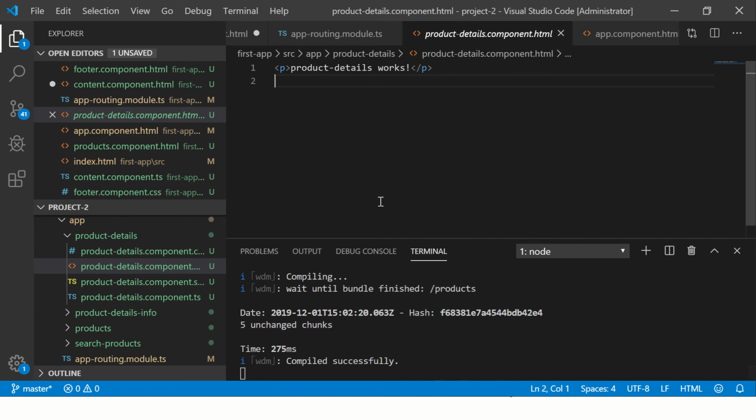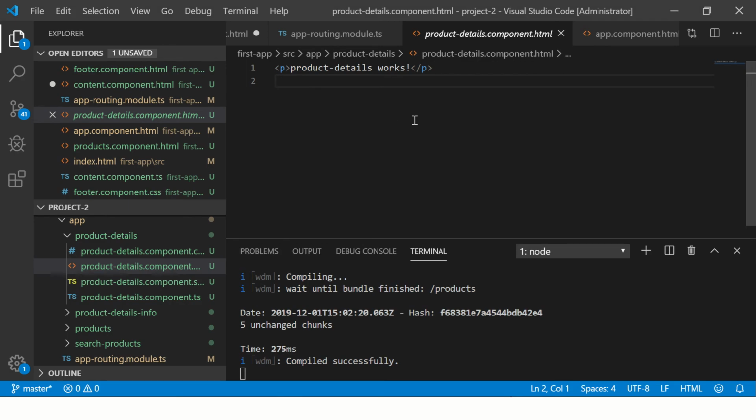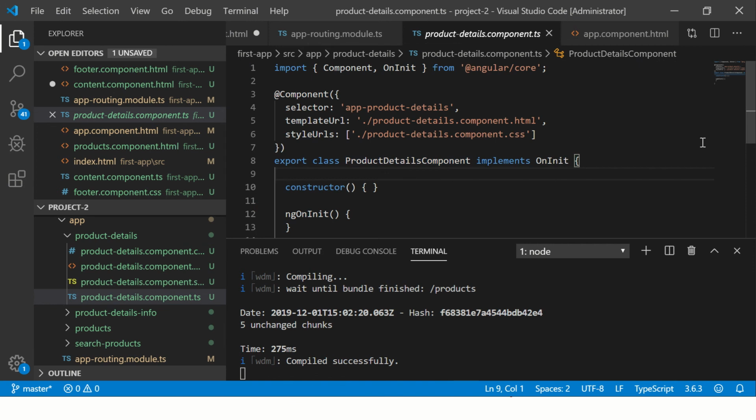Now this route can be anything that we want. So let's say I want to pass 100. That is still fine. It will come to our product details works page, which means it's now pointing a parameterized route to our product details page. We will learn to capture that detail using router and activated route, but for now, let's just see that in action. All right, so in the product details,